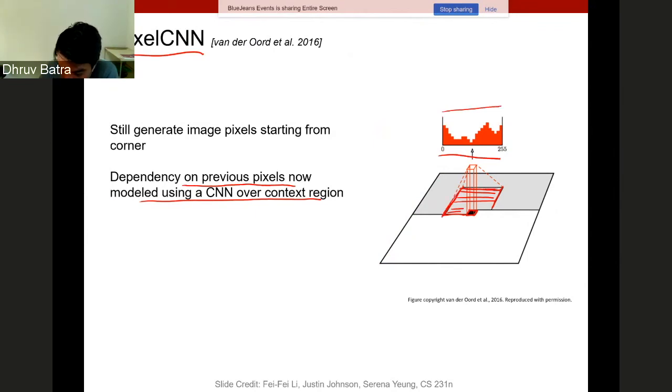So just on a small context, as opposed to RNNs that can model infinite context, I can have a narrow spatial context, and then those parameters can be shared at all pixels. So this is a convolution operation. Notice that this pixel I'm showing is at the center. It can also be at the corner. That exact setting of that pixel doesn't really matter. What matters is that